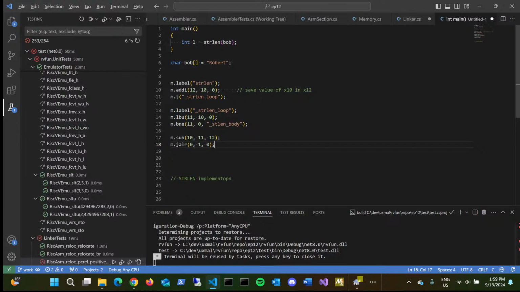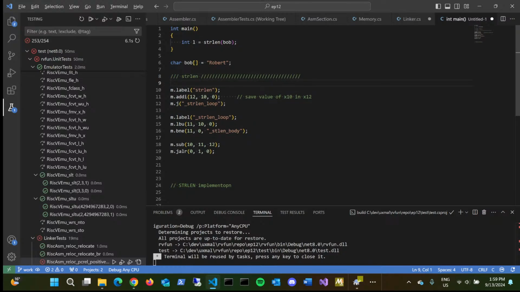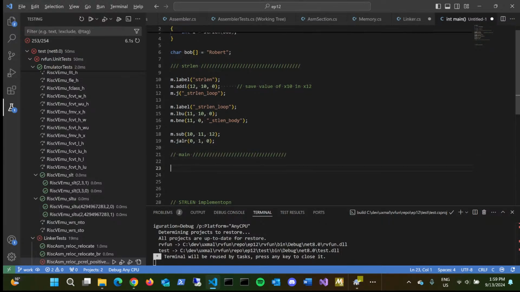This is a return. So now we have strlen. That's wonderful. But now we want to call strlen from our main program. So how do we do that? Well, in our main program, which is over here, we